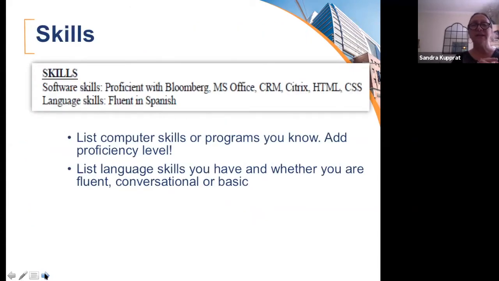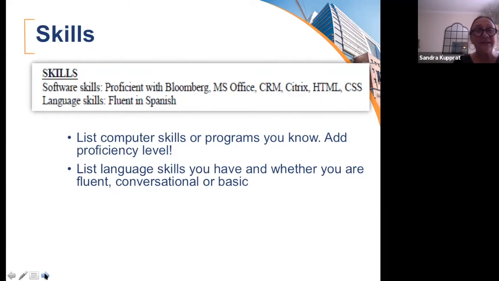It's important to stick to the skills that we have here. So limit it to software skills or language skills. You should also put your level of proficiency on there. So if you are confident in your Excel skills, you might want to say intermediate. If you're not so much, maybe basic. And so for most people, the skills section is going to be at the bottom of the page. But for technology people, just know that your resume is slightly different, and that is going to be up towards the top of the screen.